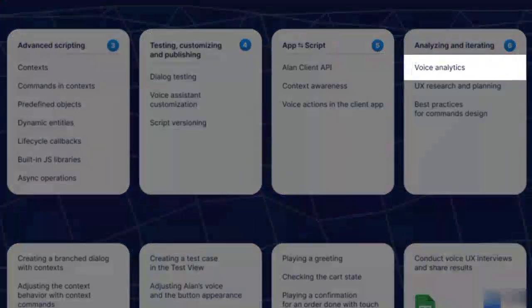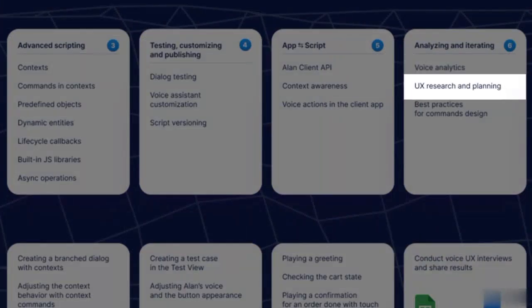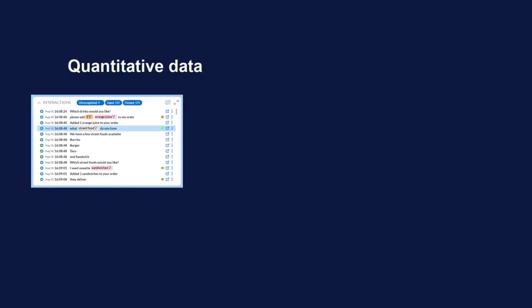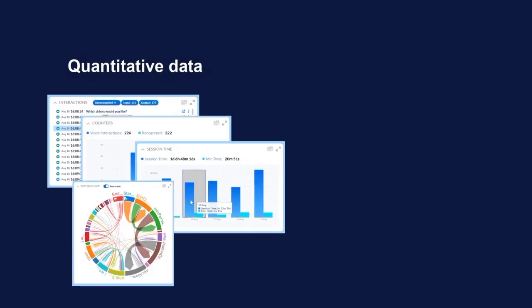In our previous video, we talked about how you can deep dive into users' interactions with Allen Analytics. In this video, we'll talk about how to improve your own voice user experience with both the quantitative and the qualitative data. With our analytics platform, we provide you with quantitative data, but you'll need to gather your own qualitative